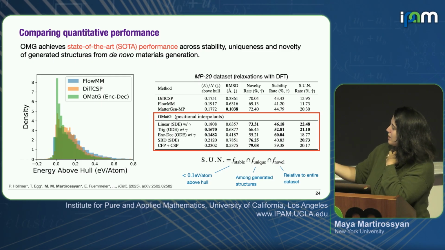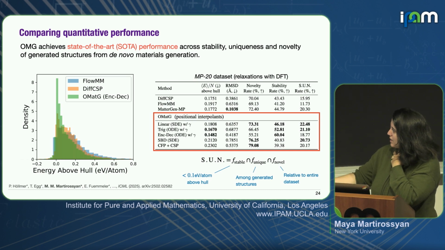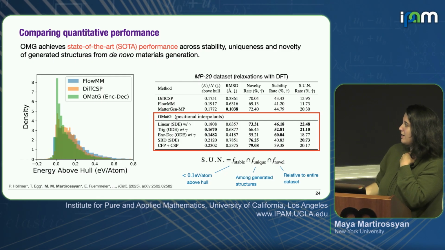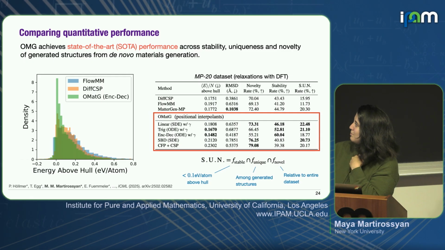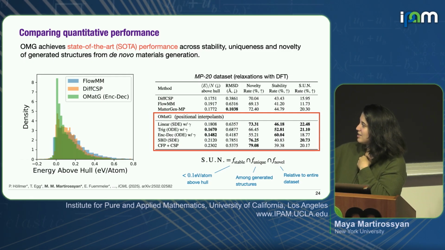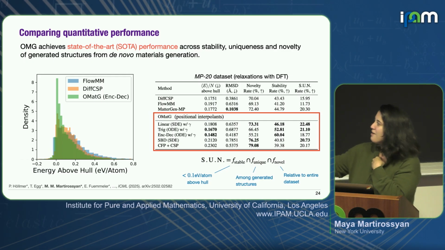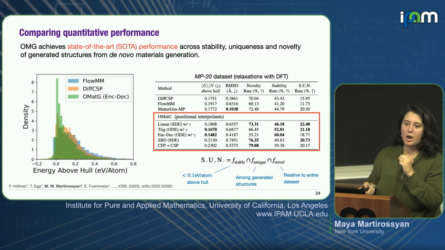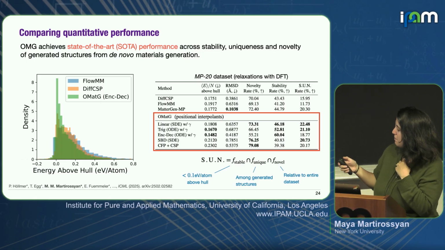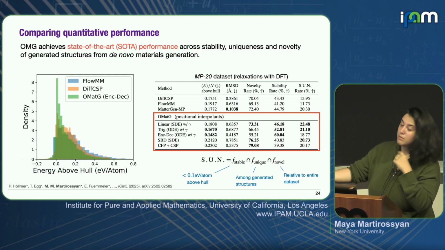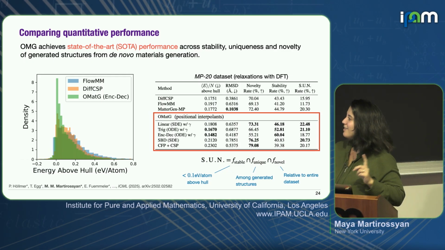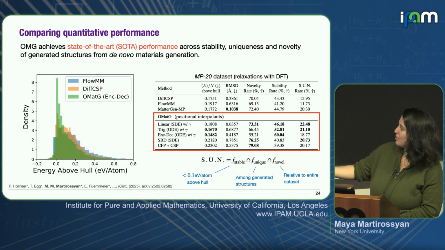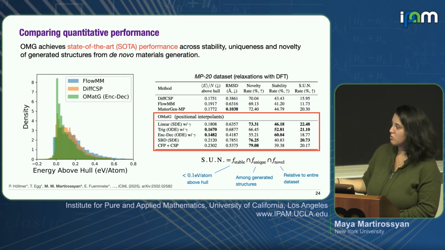But what you might notice, here we actually have plotted the novelty rate in one column. If you look at these right three columns, we have a novelty rate and a stability rate. And there's definitely a trade-off. Things that tend to be very novel tend to be less stable, and vice versa. Of course, this is the natural competing forces that are happening when you're trying to discover new materials. But we show that, for the naysayers in the back, the linear model with the stochastic differential equation and a latent variable was our best performing SUN rate model.